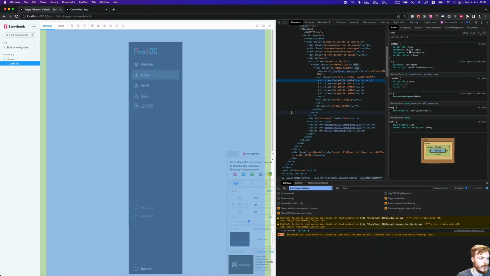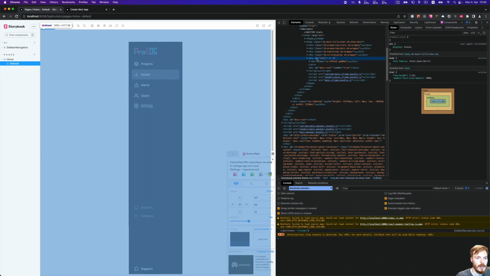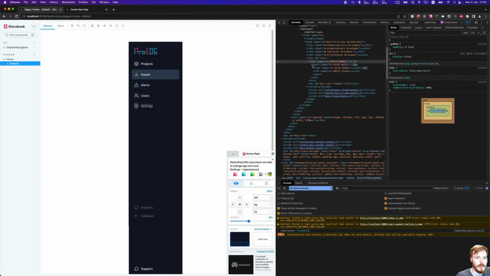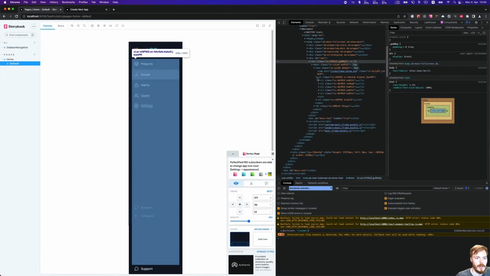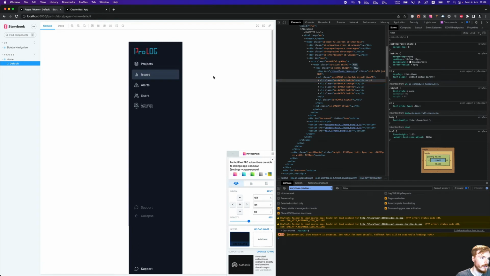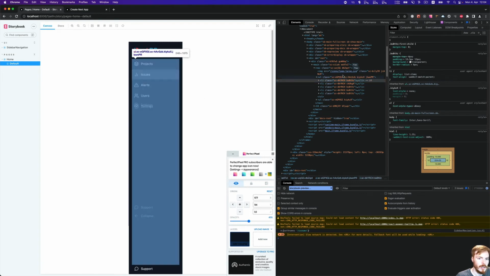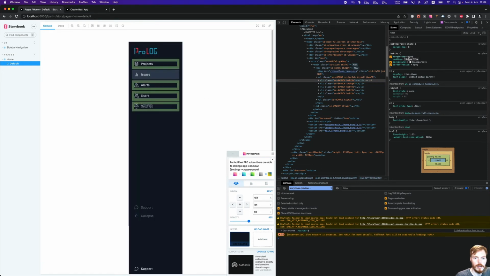I'm not sure. I guess now it worked. Okay. For me, this is close enough. I will also use 12 pixel padding here, just because I don't think it's